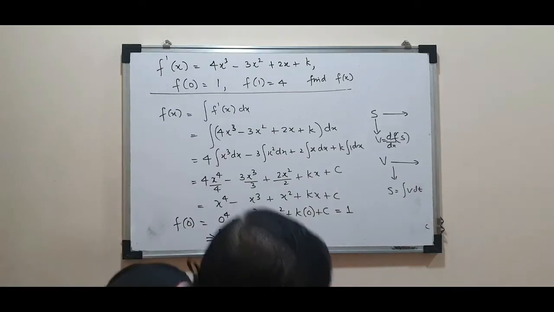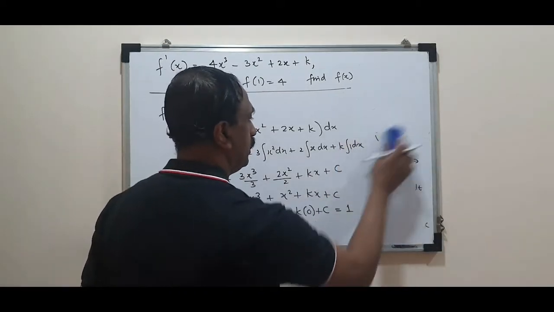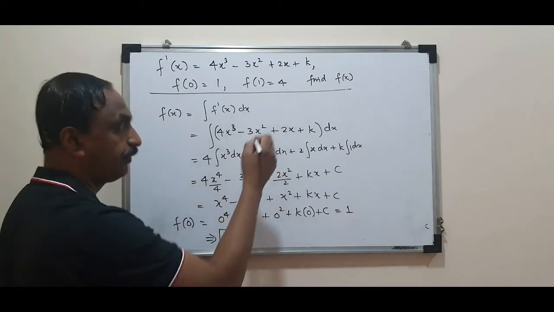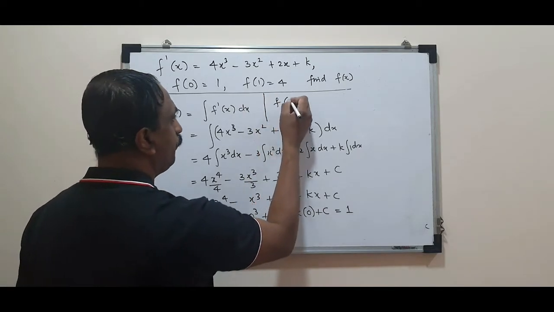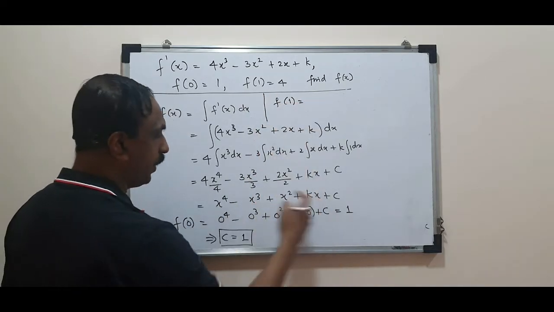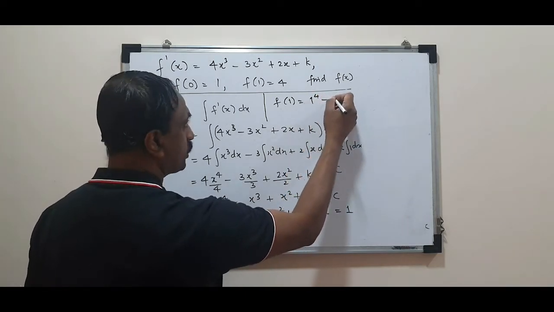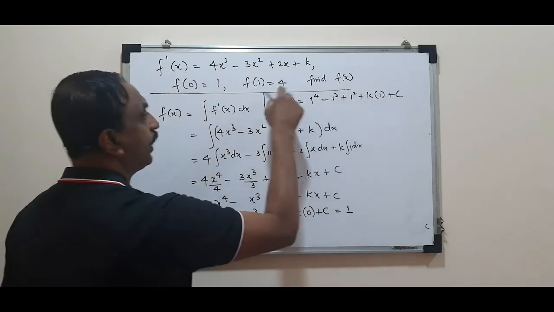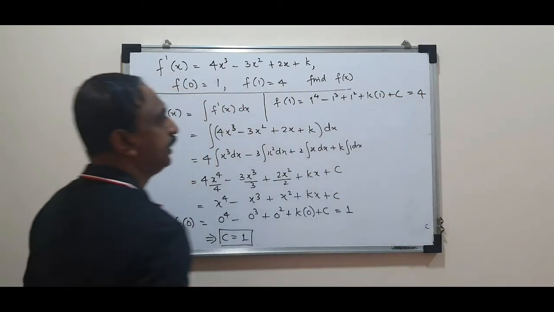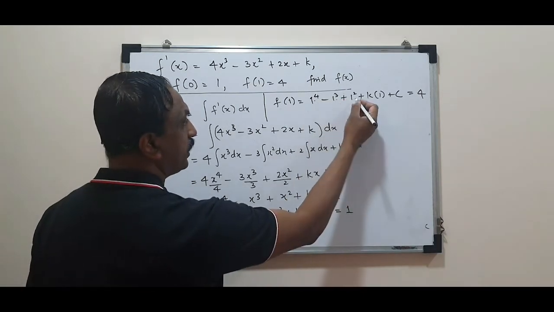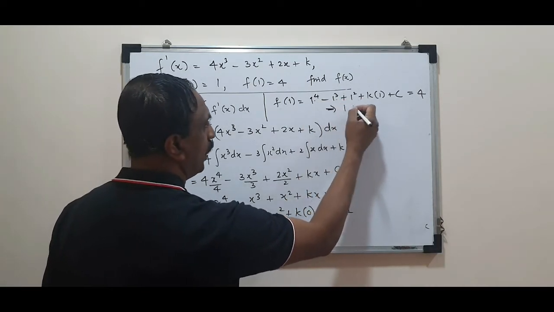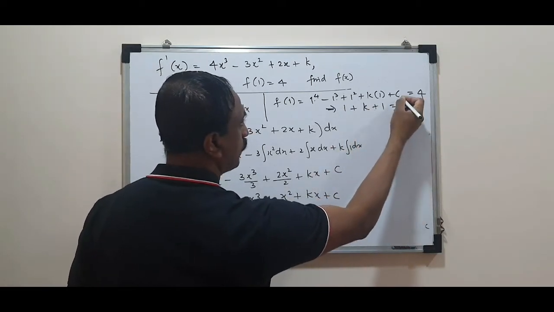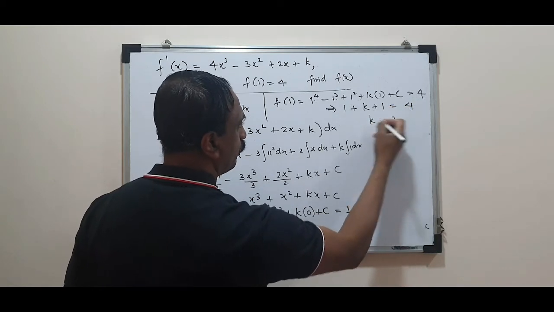Now we need to calculate what is the value of k. To find the value of k, I need to calculate f of 1. So I will write it over here, f of 1. f of 1 is equal to, substitute all x by 1 here, 1 raised to 4 minus 1 cube plus 1 square plus k into 1 plus c. And f of 1 is 4, so this should be equal to 4. So I can write, 1 and 1 got cancelled, so 1 plus k, c is 1, k plus 1 equal to 4. C's value is replaced by 1, so k is 2.